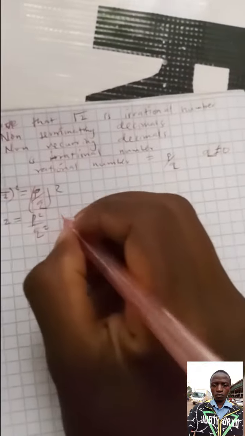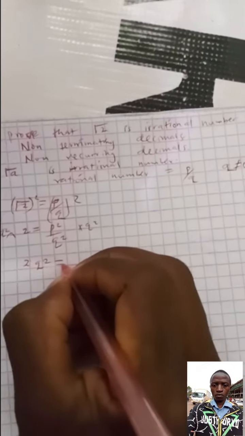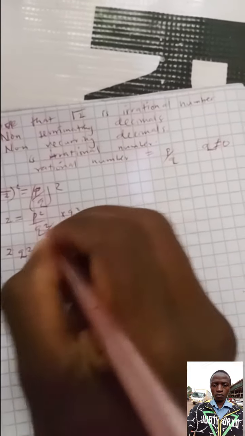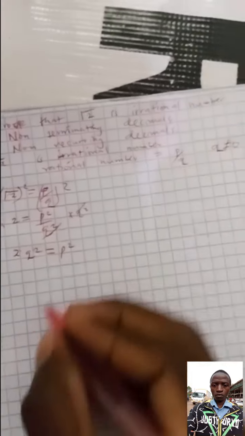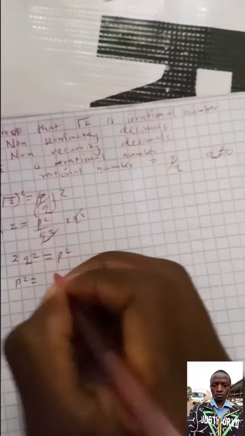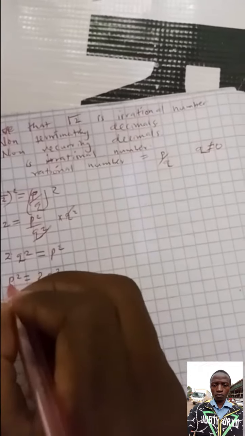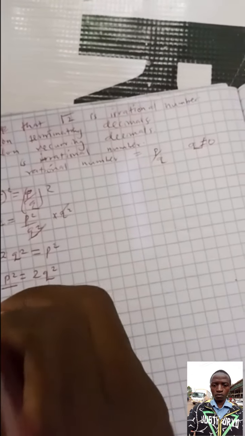Multiply through by q squared and you will get 2q squared equals p squared, because these cancel off. So p squared is 2q squared, which means that p squared is an even number,